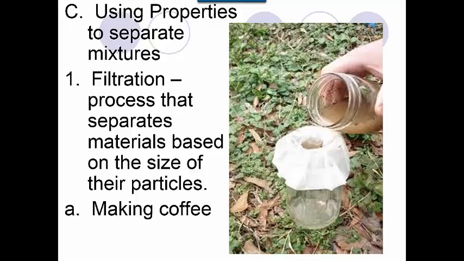This is how people in some countries actually get clean water. They take dirty water, and they put it through cheesecloth, through filters, and get cleaner water out on the other side, and they go through several filtering processes like that. There are different types of filters. Some allow larger particles to go through. Some are very tightly put together so that only very small particles can go through. So filtering is a way to separate larger particles from smaller ones. You've done this in the kitchen when you filter out the water from your macaroni, when you're making macaroni